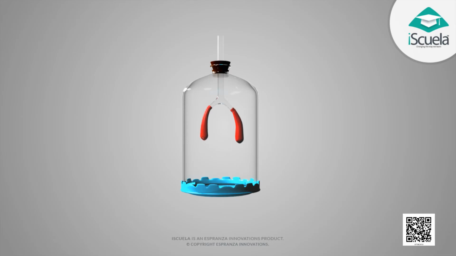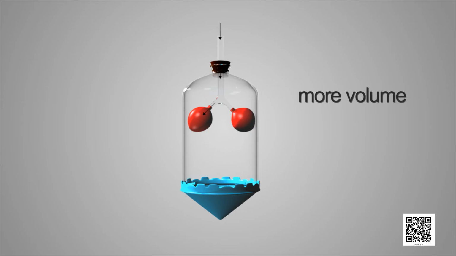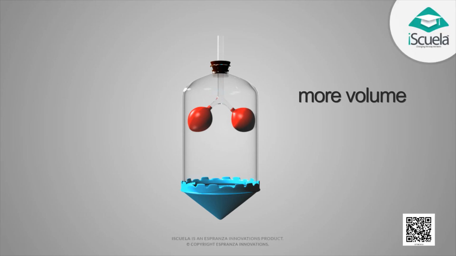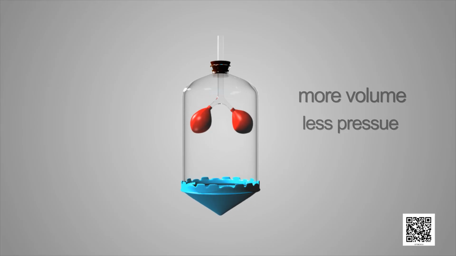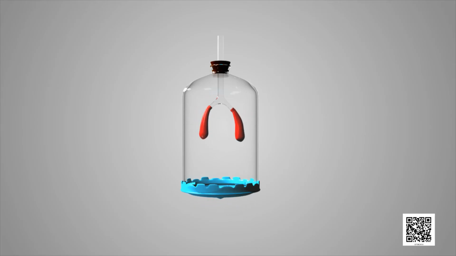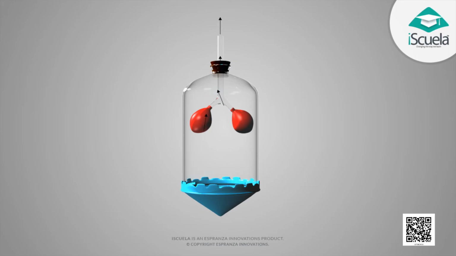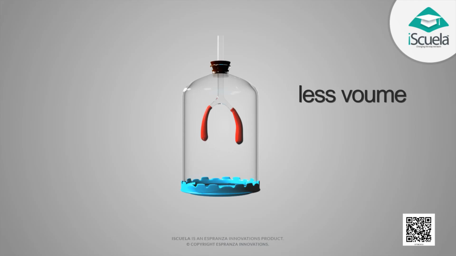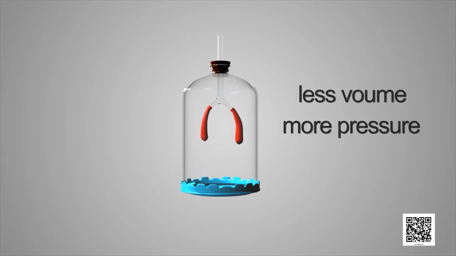This means that when rubber sheet is pulled down, it increases the area of the plastic bottle and air pressure inside the bottle reduces as compared to the pressure outside the bottle. As a result, air from outside rushes in and inflates the balloons. On the other hand, when rubber sheet is pushed up, area of the plastic bottle is reduced. This increases the pressure inside the bottle. So, air is pushed out from the bottle, which deflates the balloons.